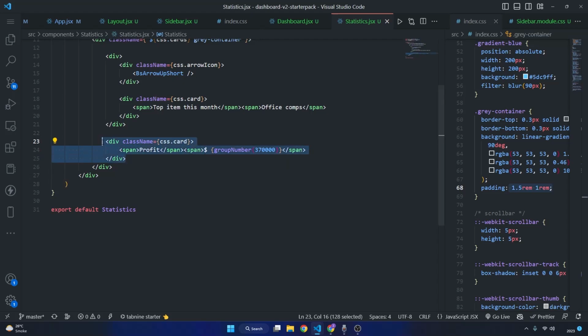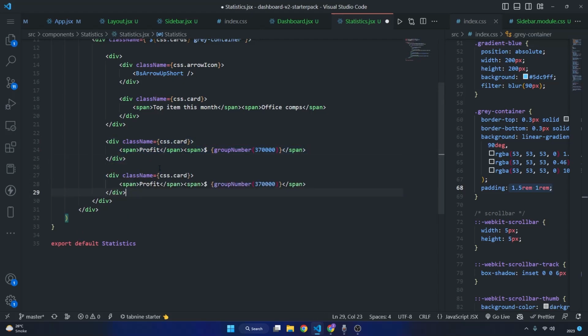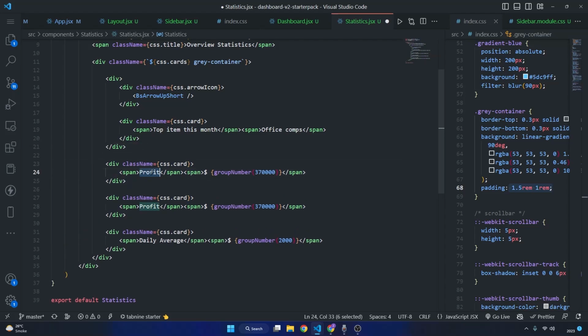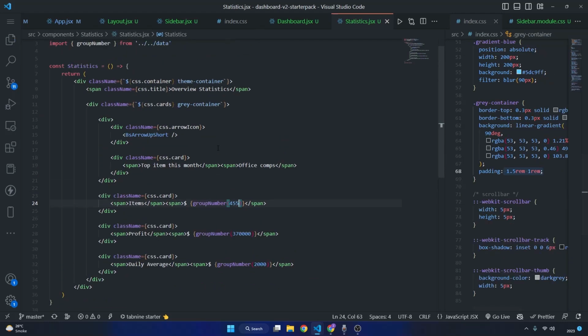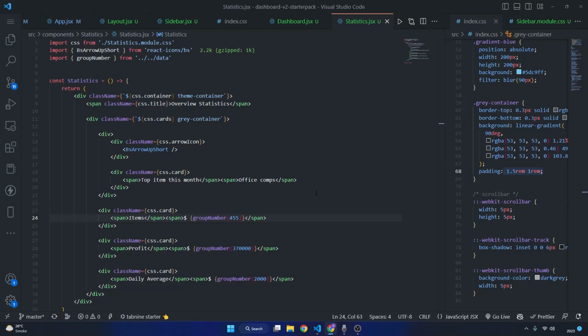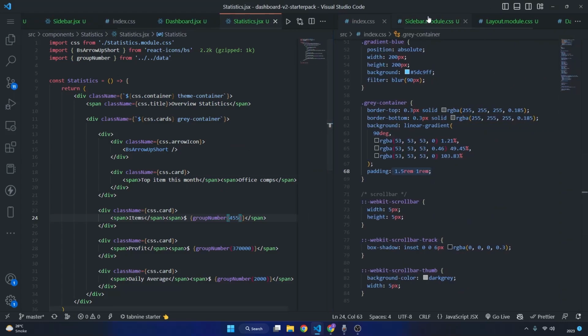Similarly, I have to make the third card. For the third card, I will say daily average, and instead of this number, only 2000 this time. And let's make another card, so just copy and paste this here. Here I will say items and 445, 455. Okay, let's save this and see here. Yeah, the data is successfully rendered. Let's go to the